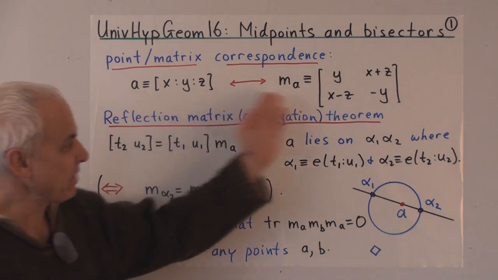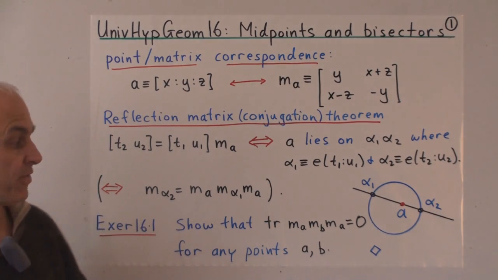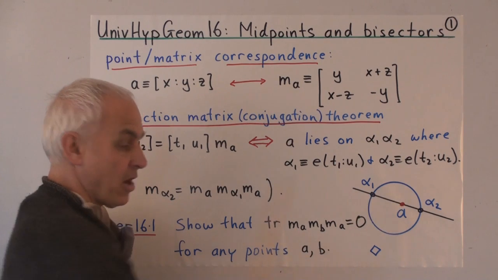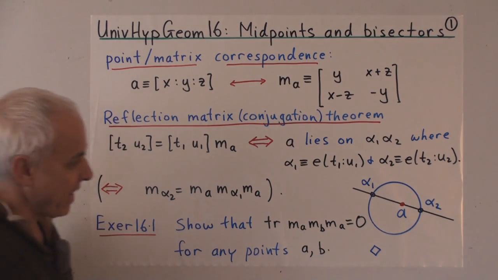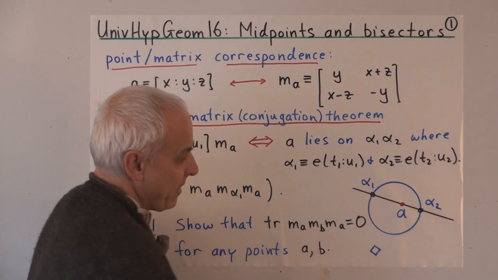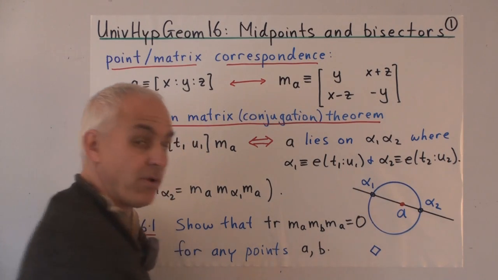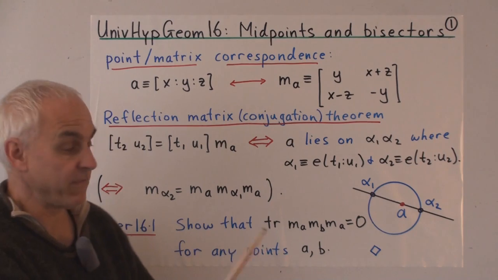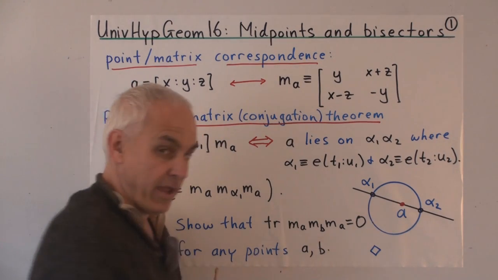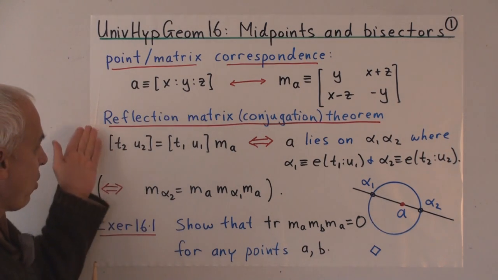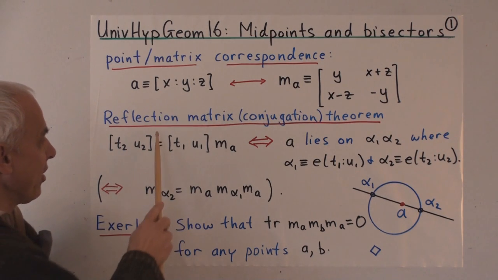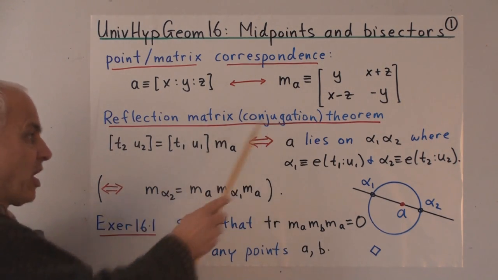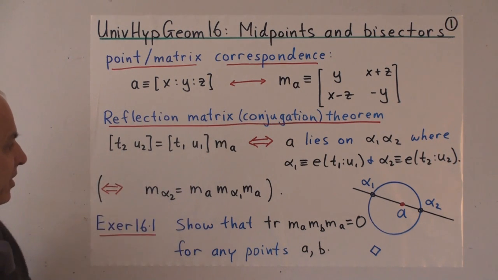And this matrix came about by thinking about the action of the reflection in a point A. So if there's an arbitrary point A, then if we draw lines through A that meet the null circle, the 2 points that they meet at can be thought of as being reflected points in the point A. So we encoded that algebraically with this. There are actually 2 theorems, the reflection matrix theorem and the reflection matrix conjugation theorem. So I've put them together here.